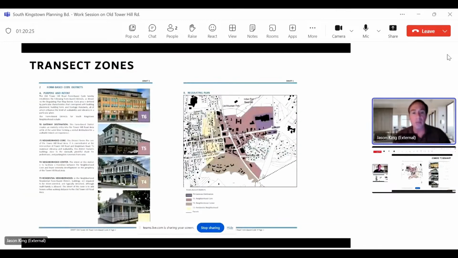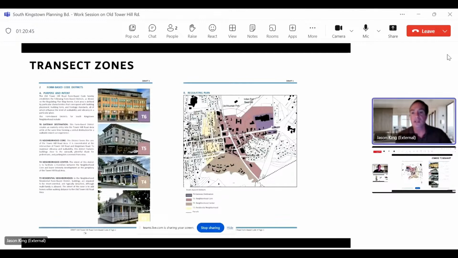I think generally the map is pretty good. Generally the map has some natural distinctions. You have the area really close to Highway 1, to US 1. That area can go quite high. There's a hill. This is the Shaw's area. A lot of incentives would have to be offered in order for this area to be redeveloped. And so that's the T6.